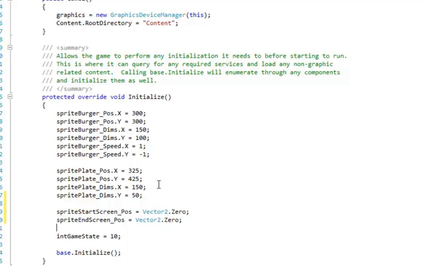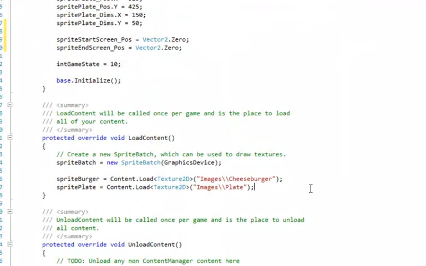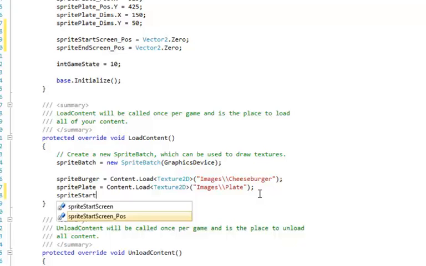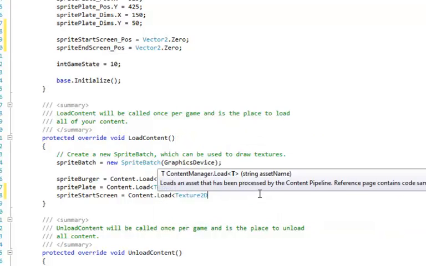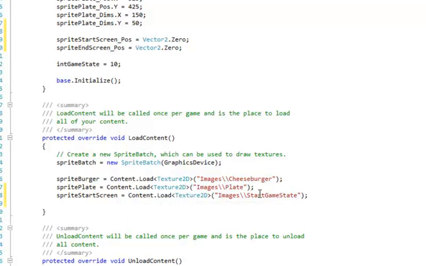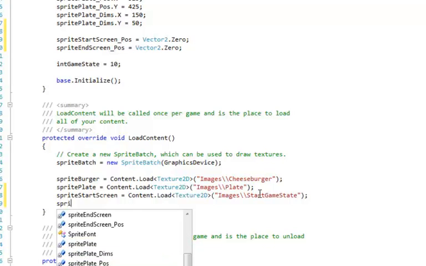Okay. Now we need to load the images. So sprite start screen is equal to Content.Load, and it's a Texture2D, so less than Texture2D, greater than, open paren, quote, Images, 2 backslashes, and then the image name, so Start Game State, and close quote, close paren, semicolon,